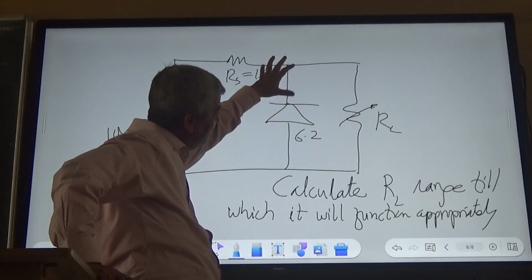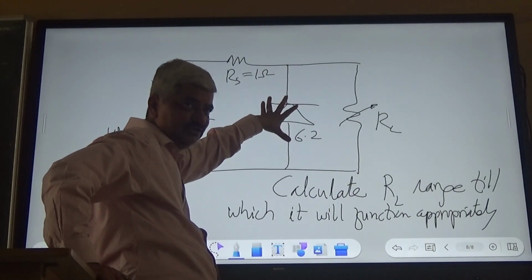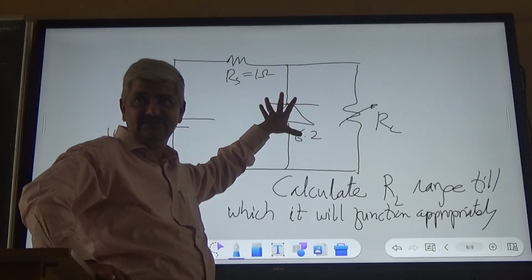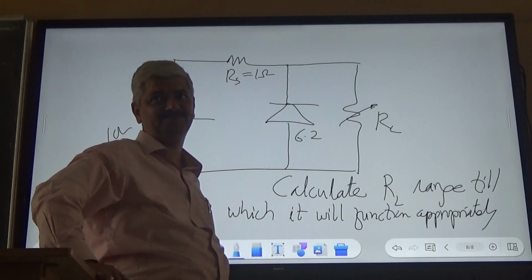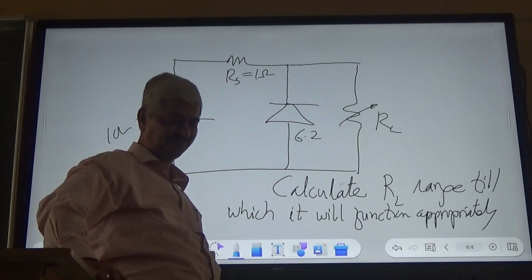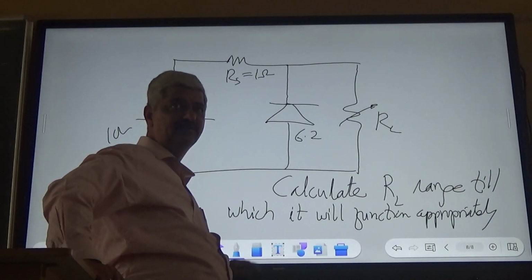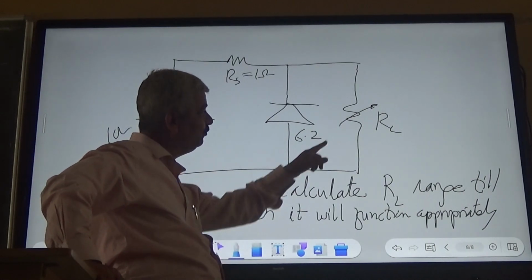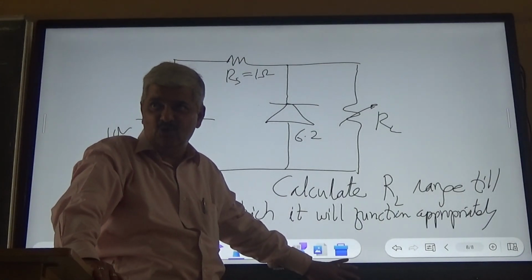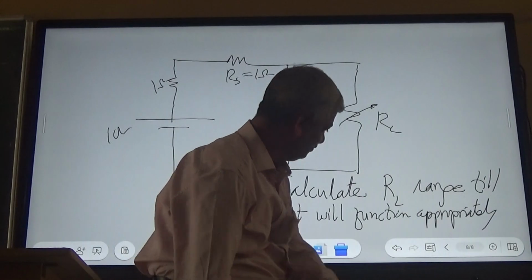It will provide 6.2 volts across it. Till what time? If you go on reducing RL, so what we must have